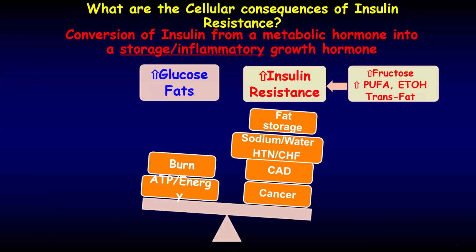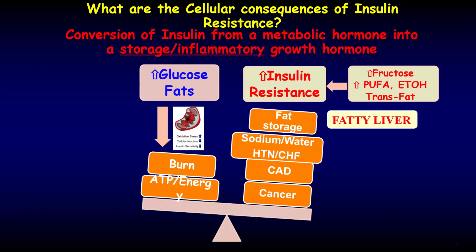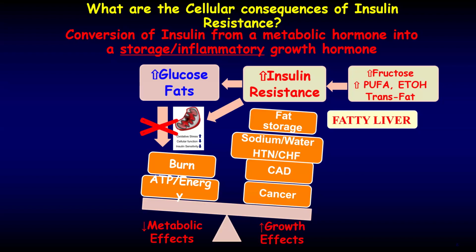And this is how it looks. Basically, a prolonged elevated fasting plasma insulin switches its effect from a glucose handling hormone to more of a growth factor hormone, and it contributes to accumulation of fat. It helps us retain sodium and water in the kidney. It activates the sodium hydrogen exchanger, which makes us retain sodium and water,